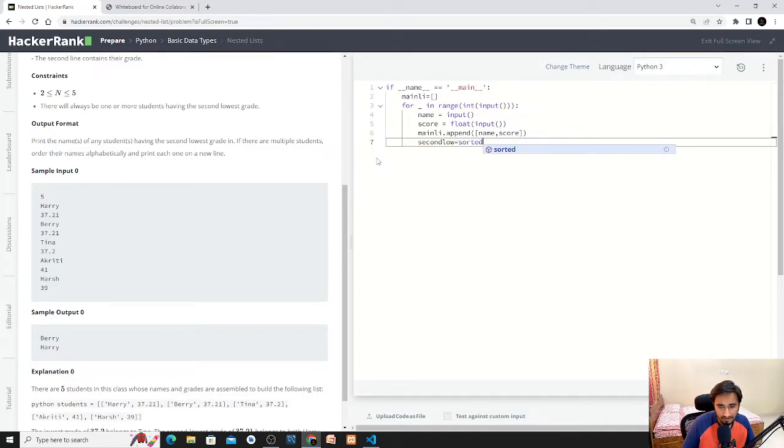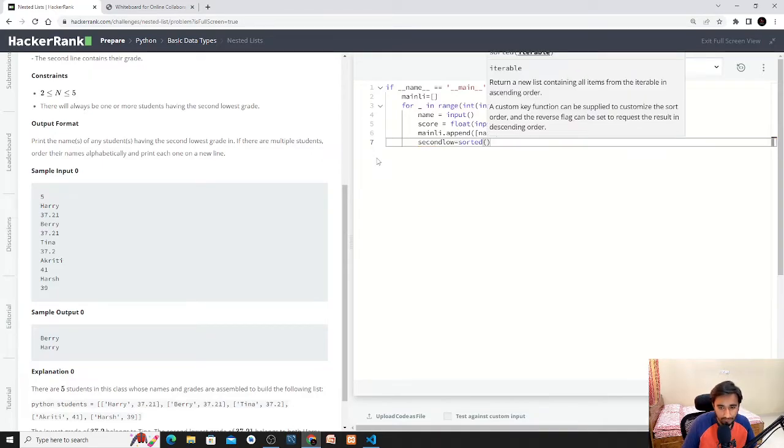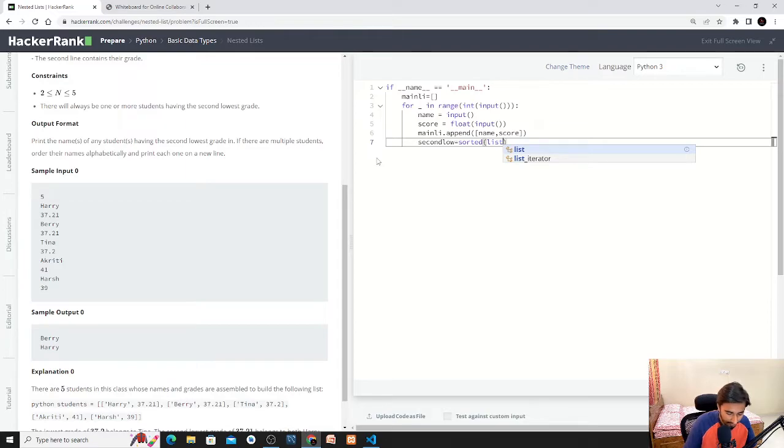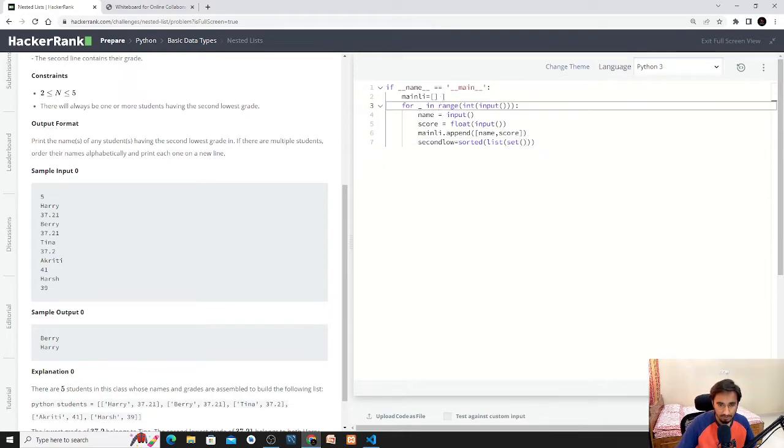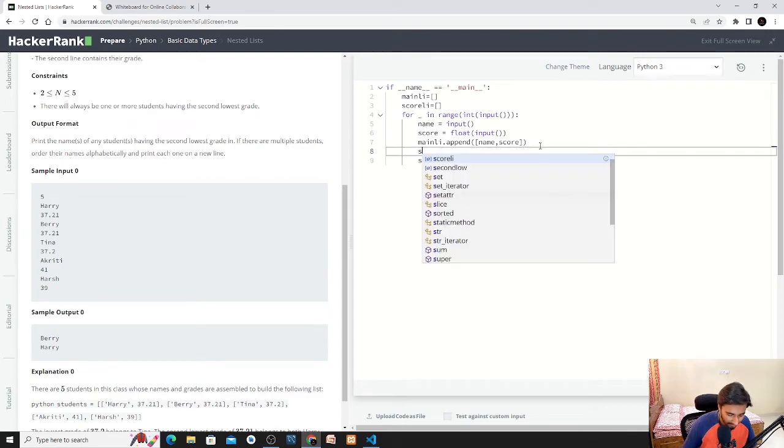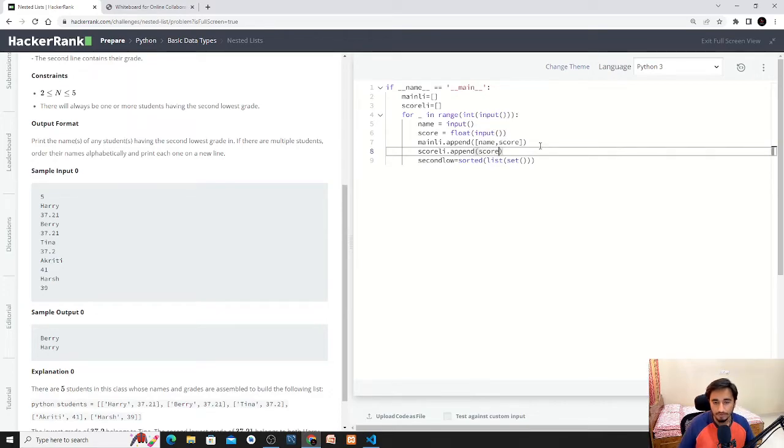We use sorted, and we have to make it in a list form and set of what? We haven't made the score list. So let's make a score list and initialize it, a separate list, score list dot append score. Correct? So we'll go here and score li.